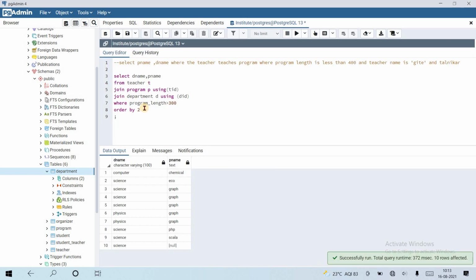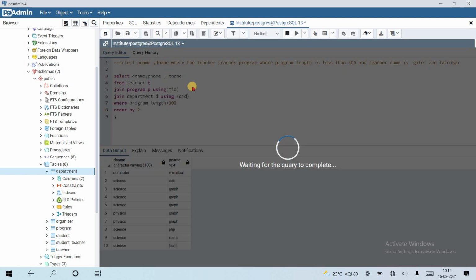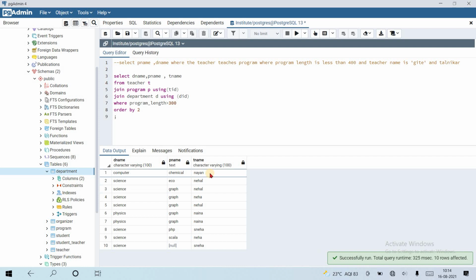So one more condition is that the teacher name should be here. You can see that program name and d name you can also fetch. So you can say here the teacher name is Nayan, Sneha and Snehal. Okay, make it because we have only a few records for now. Okay, change this Gite and Tanikar to, suppose, Sneha and Naina.